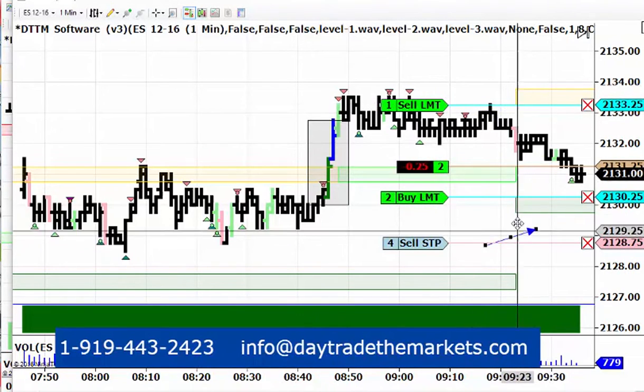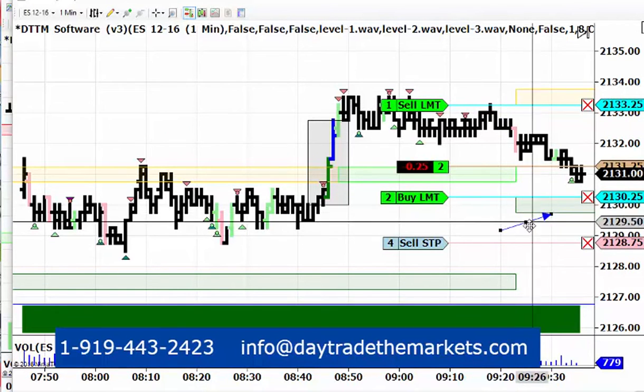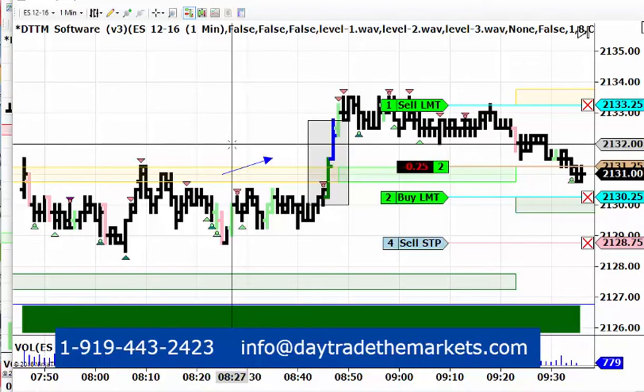So the Day Trade the Market software in real time within the day will create these zones here of likely support and resistance, and then of course we use that in conjunction with our analysis on a day-to-day basis as to where we think stronger support and resistance is. Maybe stronger is not the right word, but another kind of support and resistance that's based on a little bit longer time frame look at the market, which is those other areas of support and resistance that we determine and then make a note of and include it in our nightly blog video,